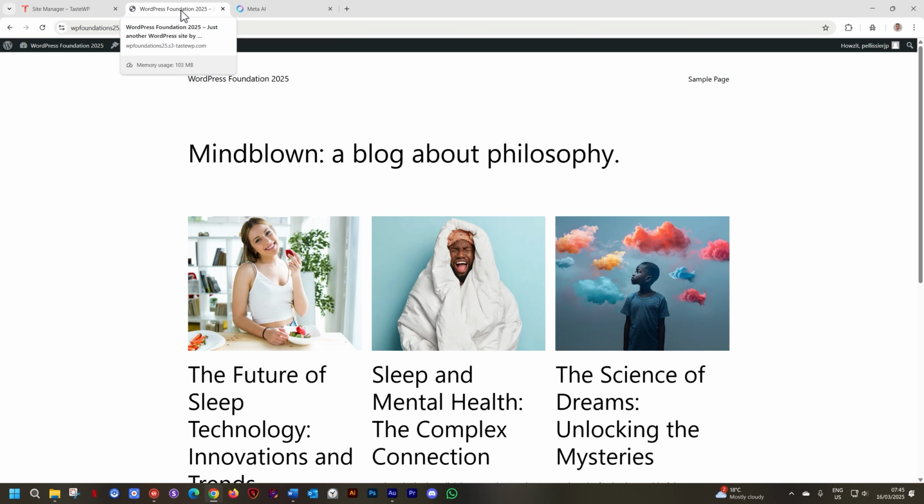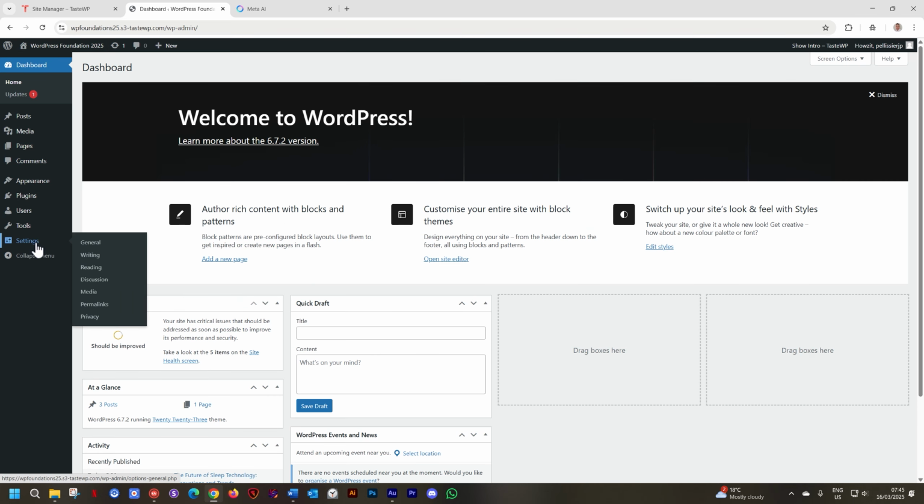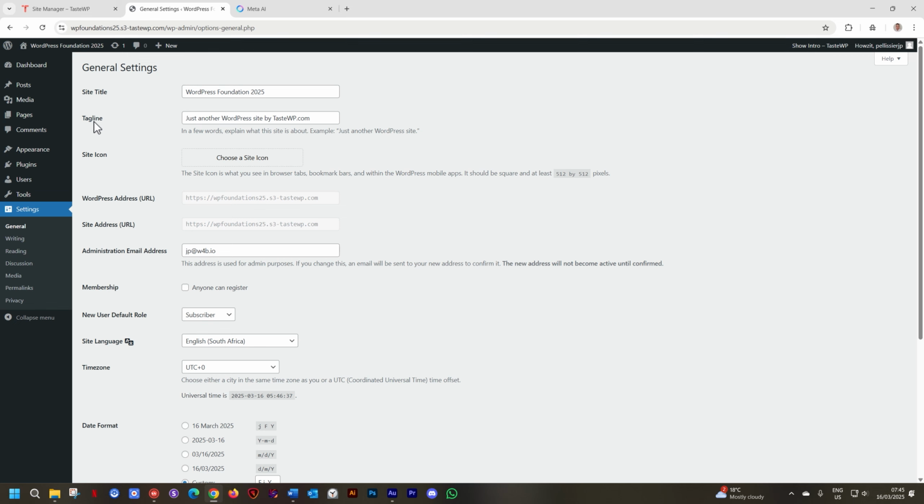To change the tagline, go to the back end, Settings, General, Tagline. And here you describe very powerfully in a short sentence your site. Learn WordPress for total beginners. And save.